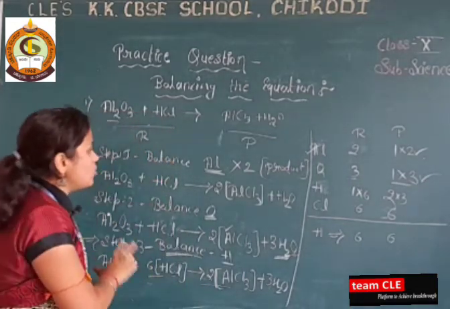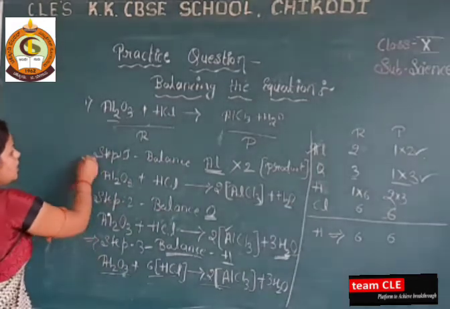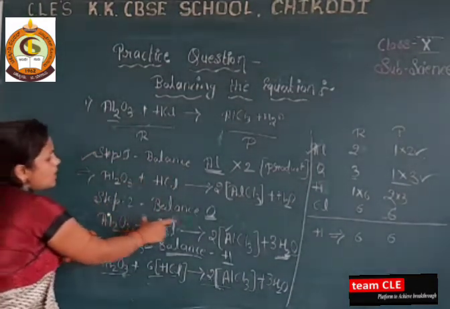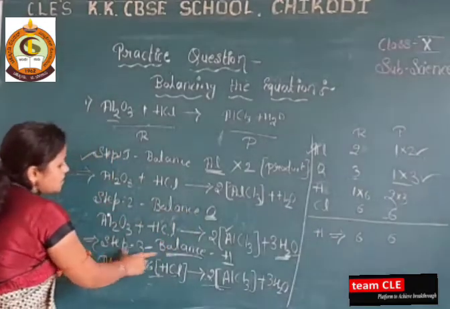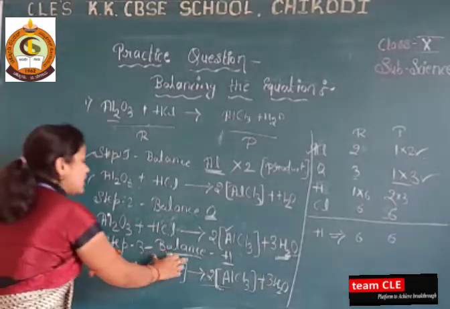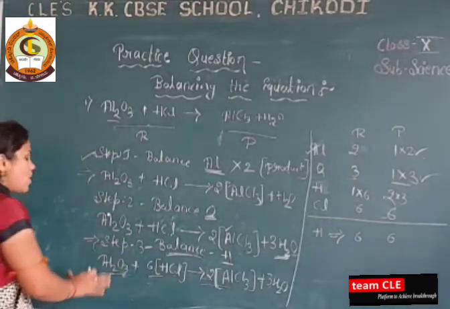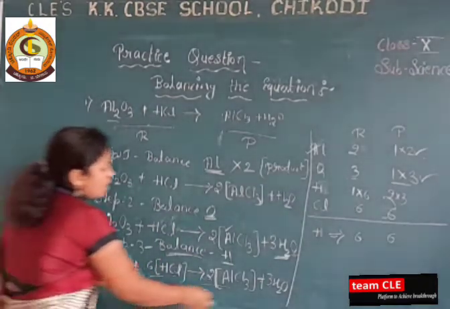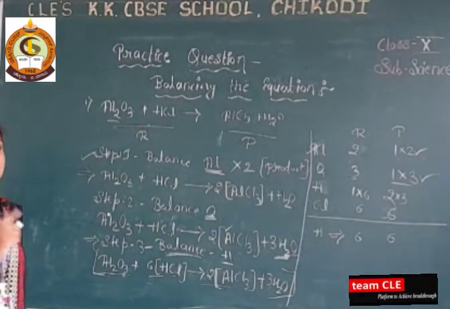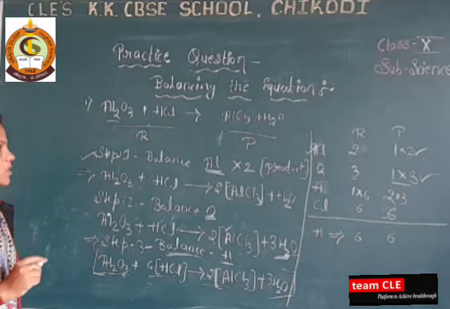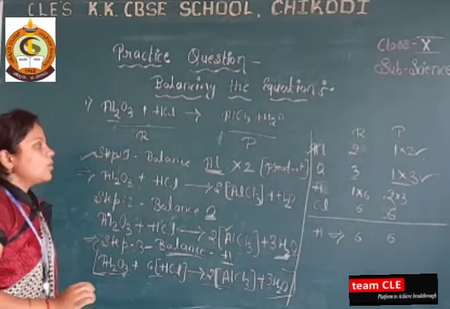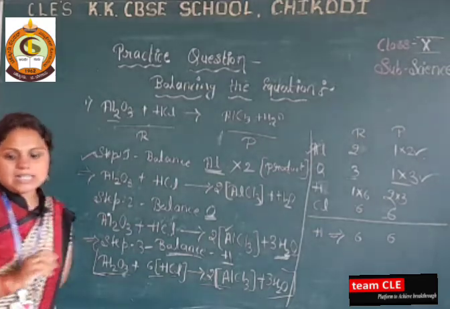Okay, so I hope there is no confusion. In the first step we balanced aluminium, in step 2 we balanced oxygen, and in step 3 we balanced hydrogen. And after balancing the hydrogen, what happens? The whole equation becomes balanced. So this is our first balanced chemical equation. So dear students, just take it down and do the practice for that. Okay, let's start with the next example.